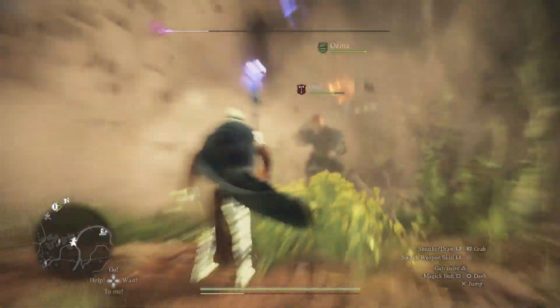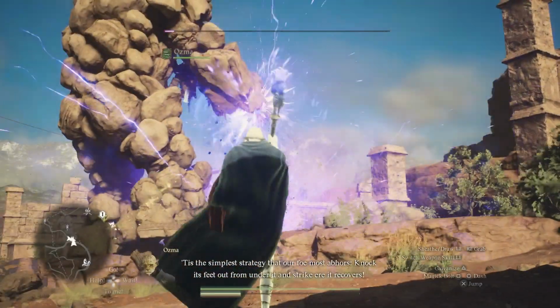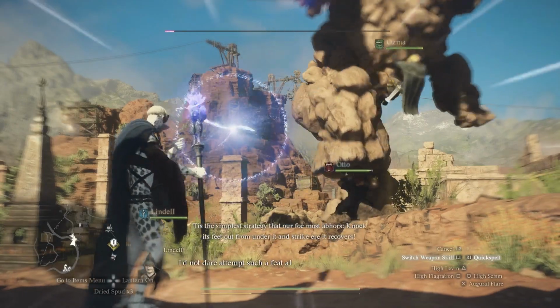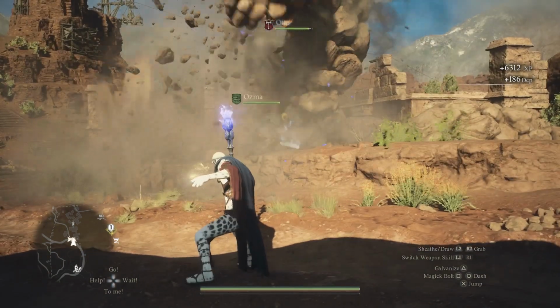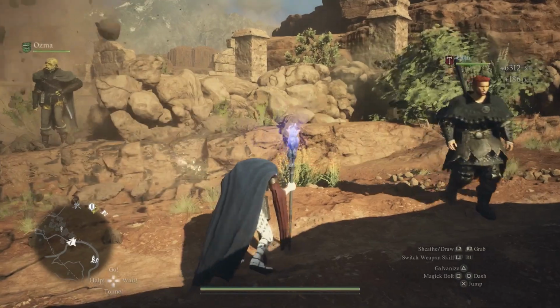I guess he lived. Ever so slightly. There we go. This will do it. There we go. So there's 6,000 some experience. And the body falls. Now, of course, when you're farming these golems,